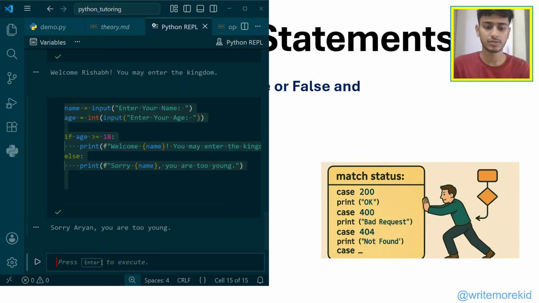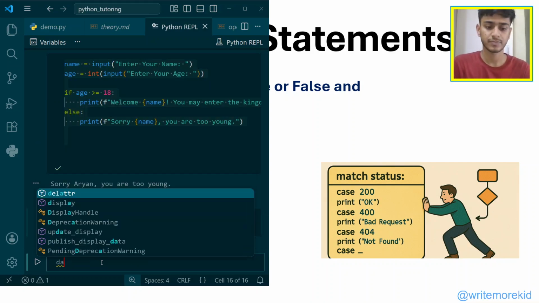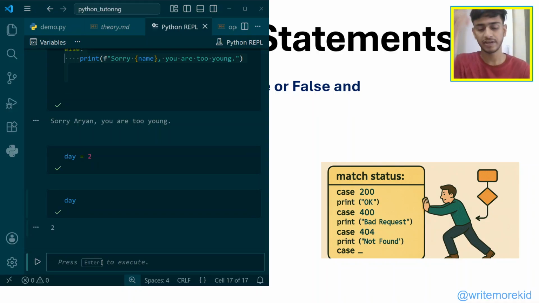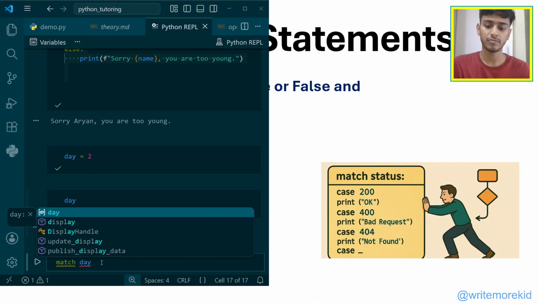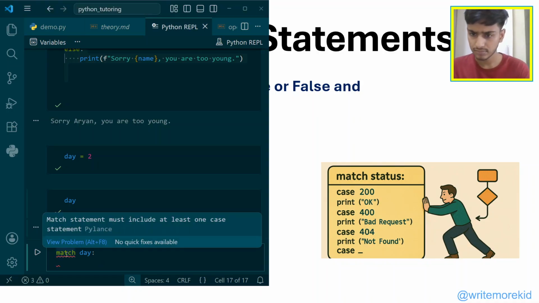So we had a variable, day2. If I call day, yes, it's there. So we created a variable day2. Now I said not switch case but match. In Python we use match. So we will do match day,